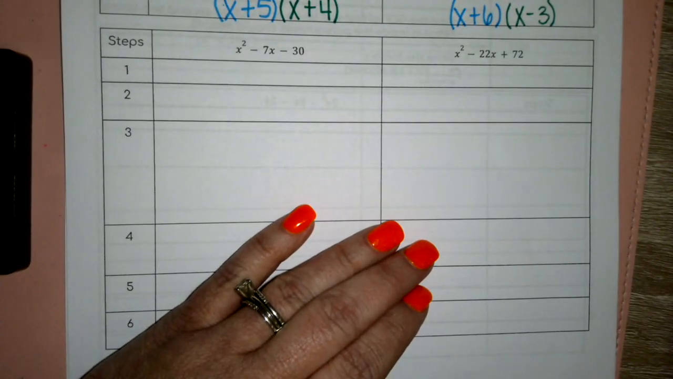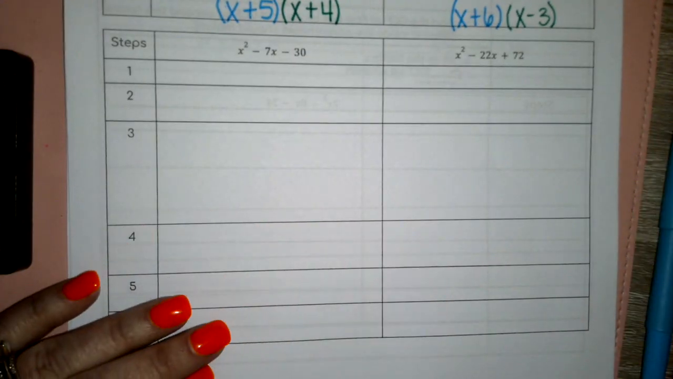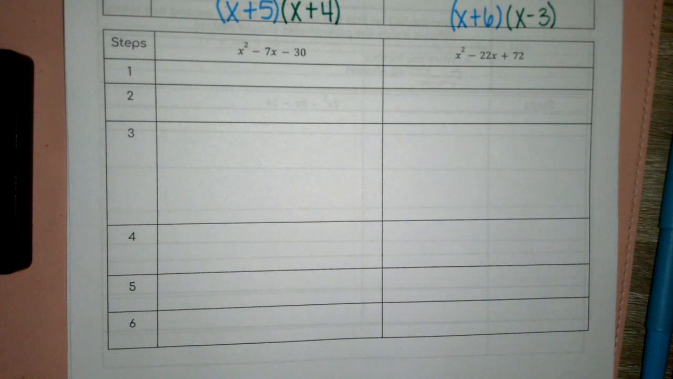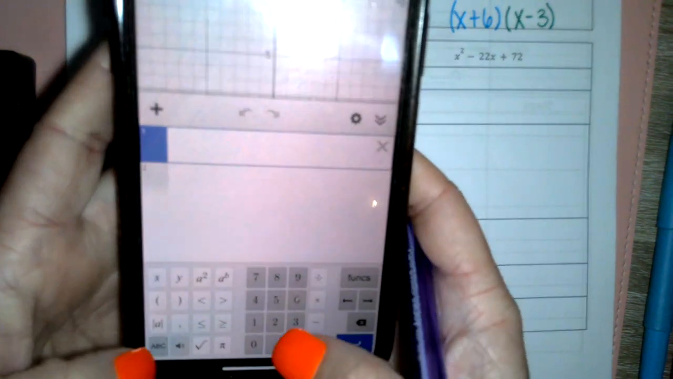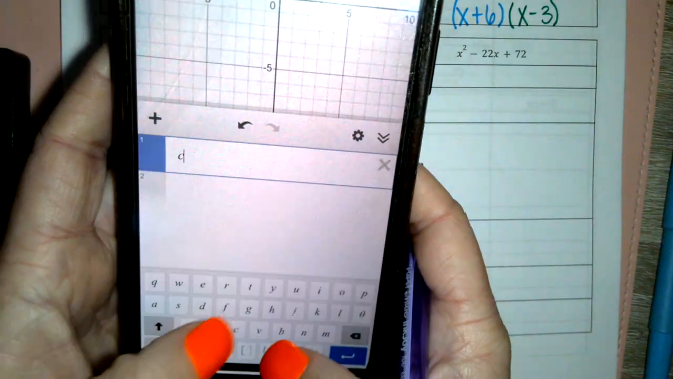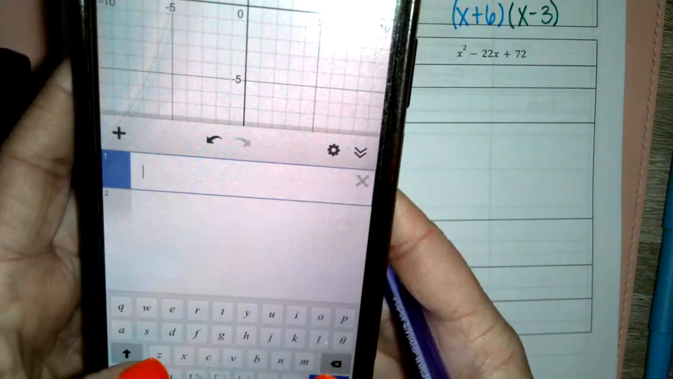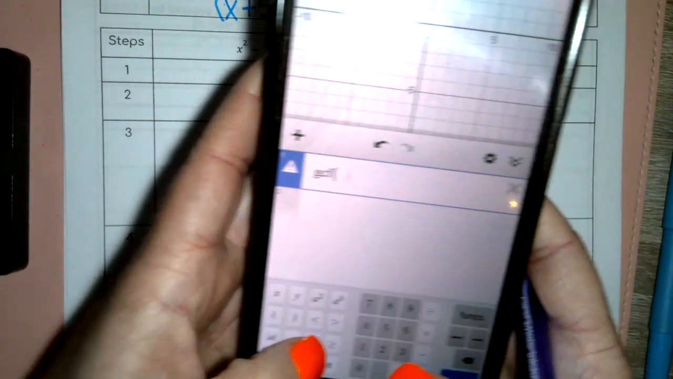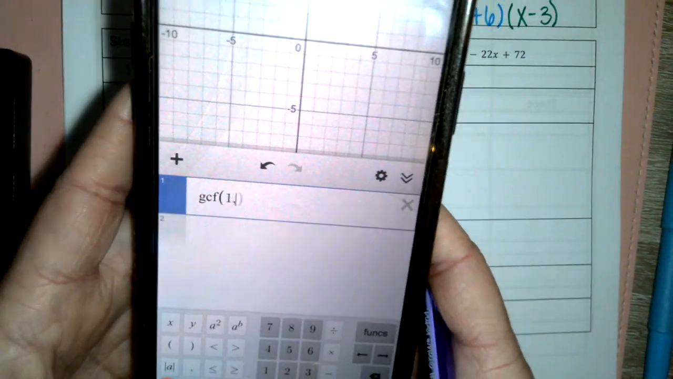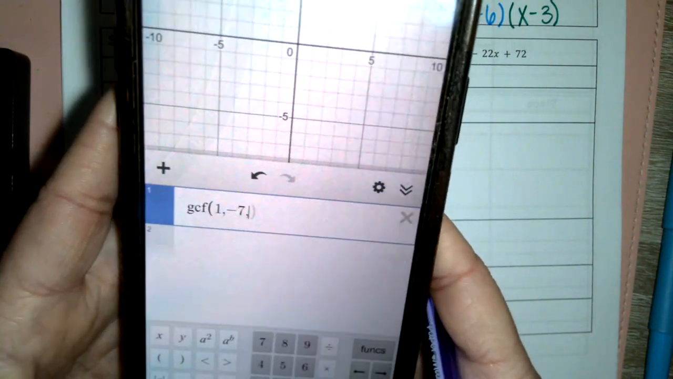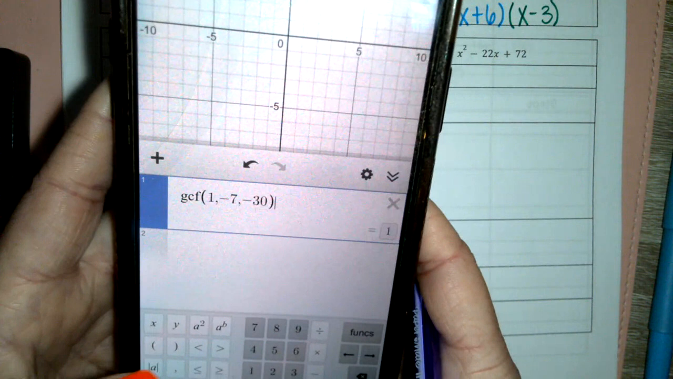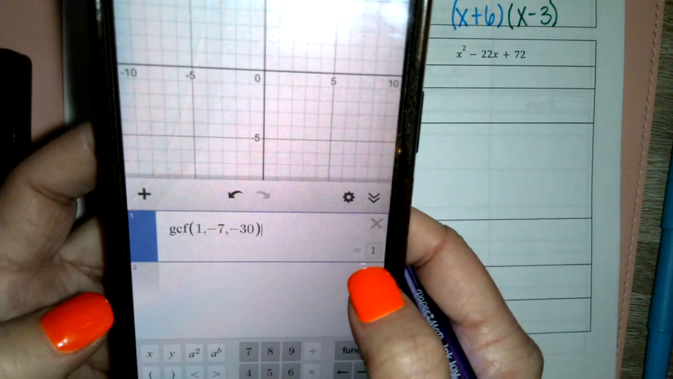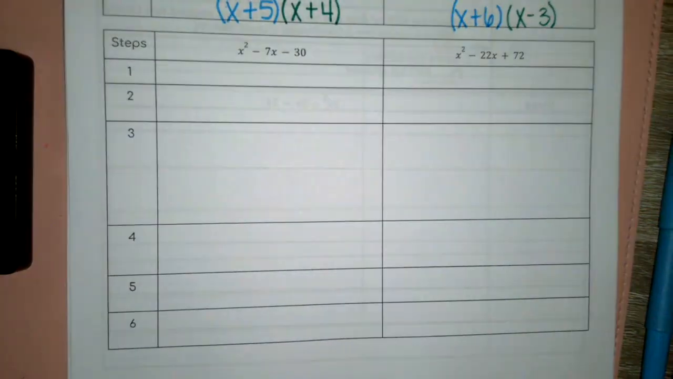All right, the last 2 examples. My GCF, if I were to type GCF in, open parenthesis, 1, comma, negative 7, comma, negative 30. Close your parenthesis. It even shows you that it is a 1. So I'm going to write GCF